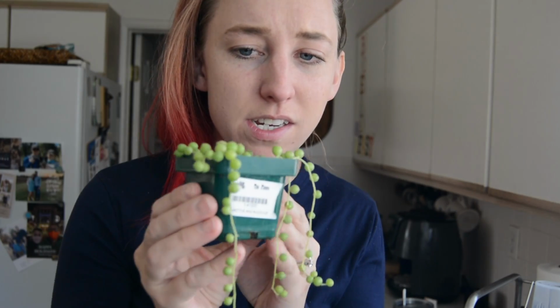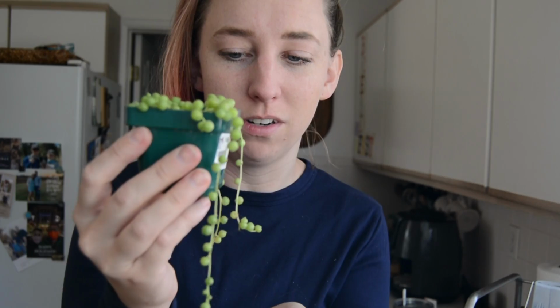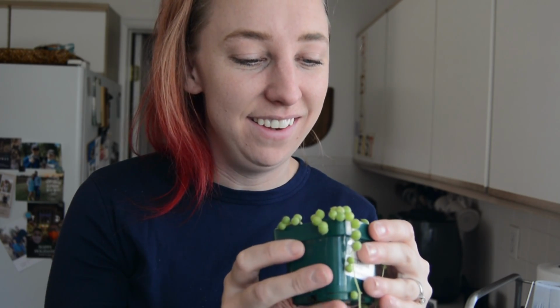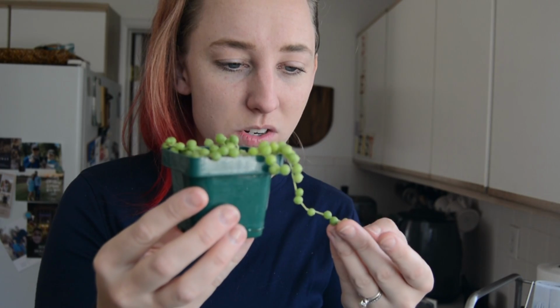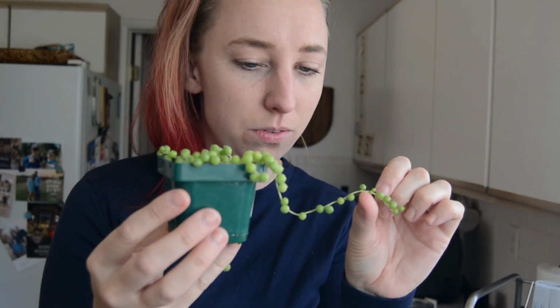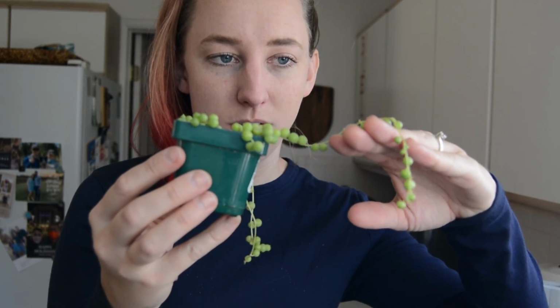Okay, can we also take a second to talk about this string of pearls that I have now kept alive for many months? I don't remember when I got this, but I do know that I killed my first one. And if you've had a string of pearls, I think you understand what an accomplishment this is. I'm thinking though, it's on the windowsill right now and it's fine. It's doing okay, but it's got some of these gaps along the strings, and it's just resting on the windowsill like this. I think this one needs to be a hanging plant,